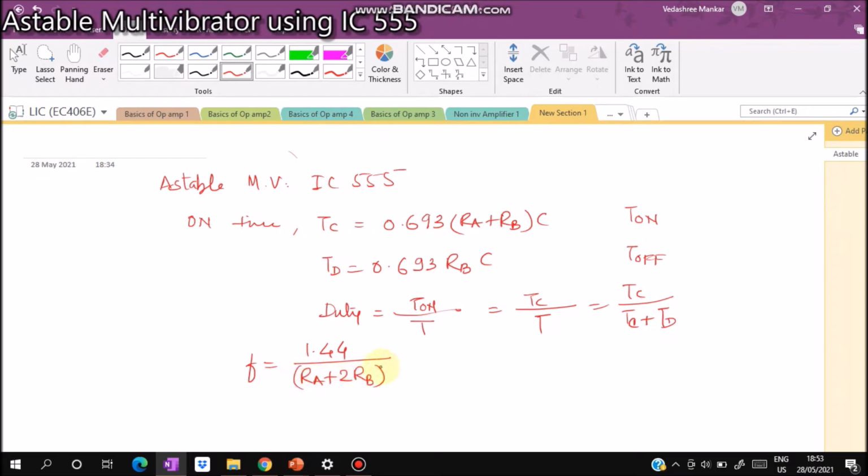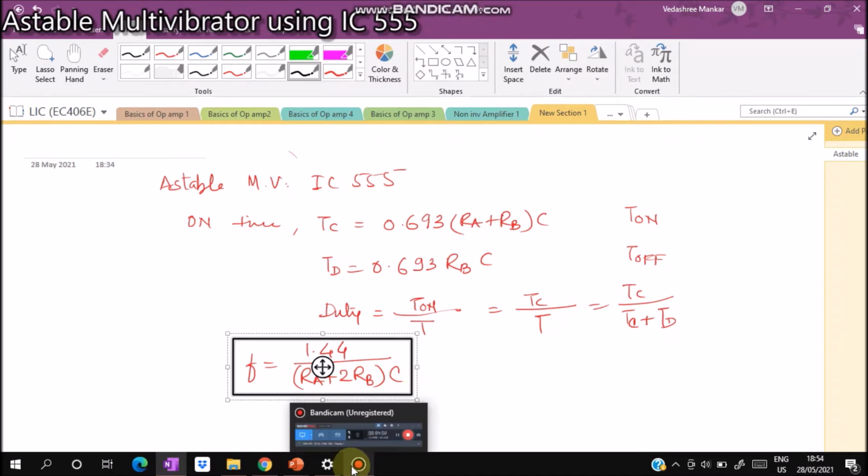As we add Tc plus Td, Rb comes double, but Ra is single, only in the charging path. So with this formula, we are able to calculate the frequency of the square pulse.